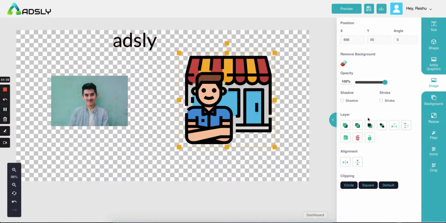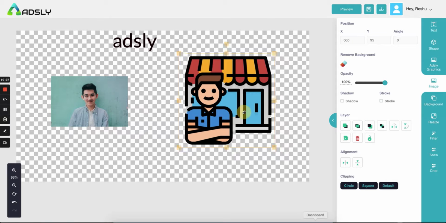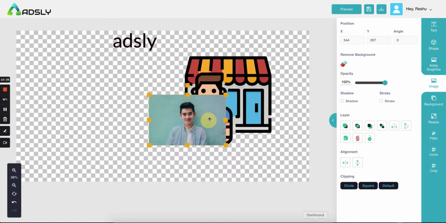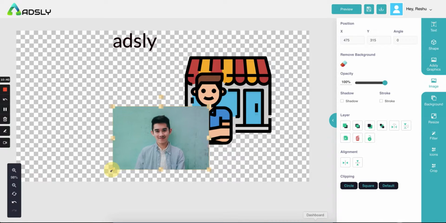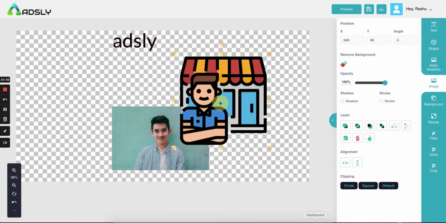Okay. Again, layering. If for example these two images are like this and you want this image to be above this image, you will click on this image and you will click on this option. It will make this particular image come above all the other layers present in that graphic. Similarly, this option will move it backward, and this option will move it to the last layer.